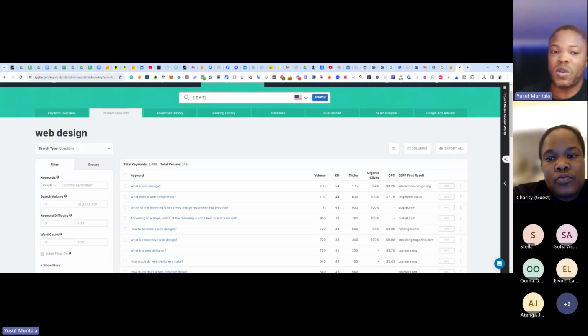And then the trustworthiness: can Google actually trust you, if you are putting out that content? All of these things have a role to play in your ranking, how Google will see it. And you can demonstrate them with the following that I'm going to show you, right?